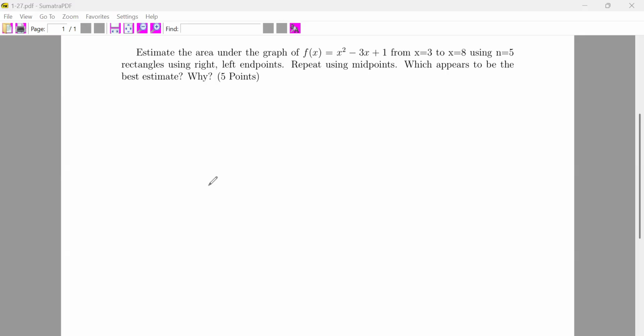Okay, this is the example that says: estimate the area under the graph x squared minus 3x plus 1 from x equals 3 to 8. We are going to use n equals 5, the number of rectangles, using right and left endpoints, and then we would repeat that using midpoints. As the graph of this function is increasing, if we draw that here,